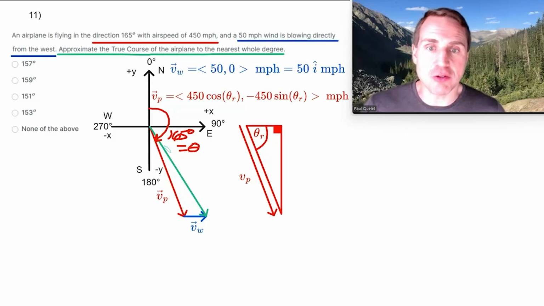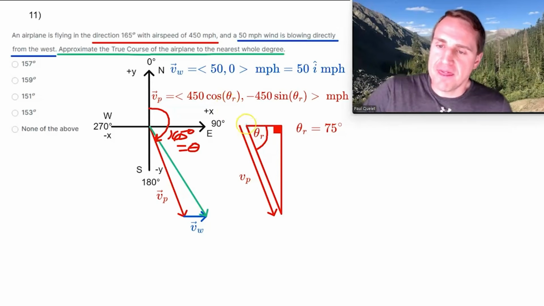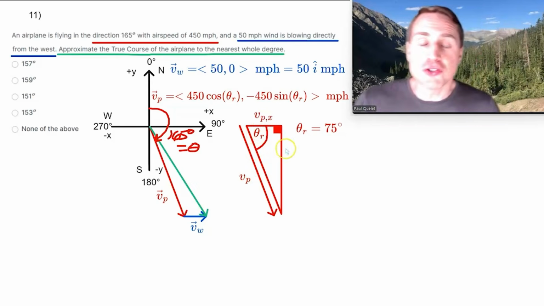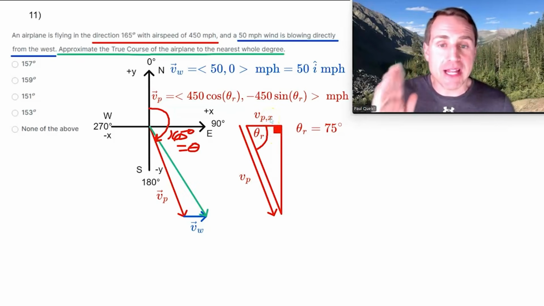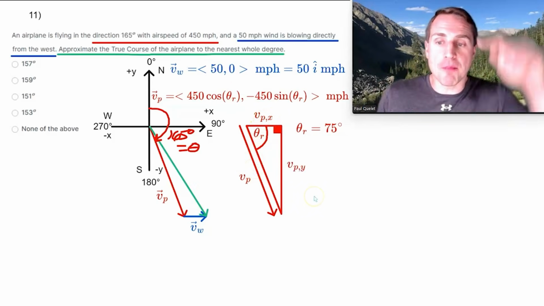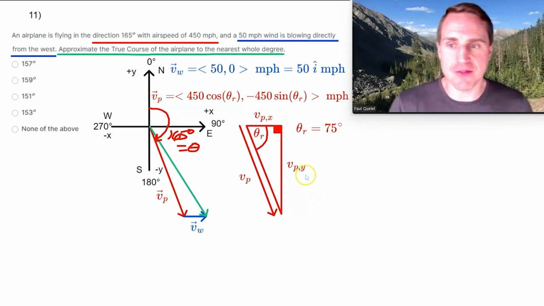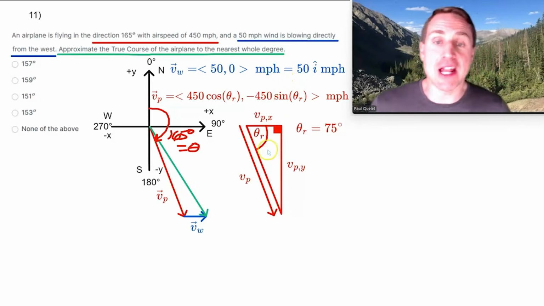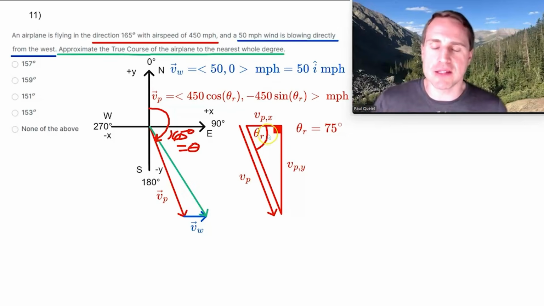We'll get 75 degrees. And then notice that the cosine of this angle is going to be the adjacent side over the hypotenuse, but the adjacent side is the x component. So the speed of the plane in the x direction is going to be positive, but it's going to be related to the cosine because it's going to be adjacent over hypotenuse. And then the y component is going to be downward. It's going to be negative. So vp y should be a negative number as long as we're using an acute angle. An acute angle as a reference angle is an angle between 0 and 90 degrees,